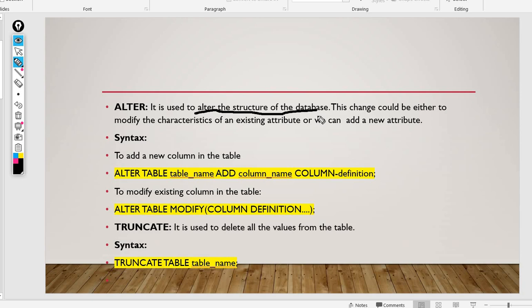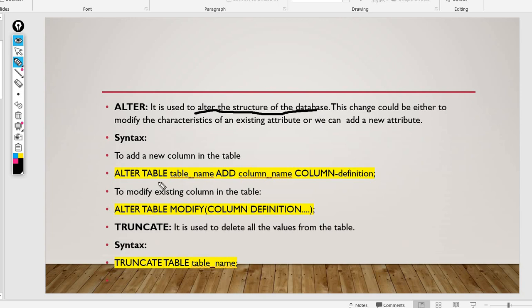For that purpose, if you want to add column, you want to modify the column, you will use this alter table. You can add constraints, you can rename constraints, you can rename column or table, you can modify the data type length. So you can do these types of things in alter.